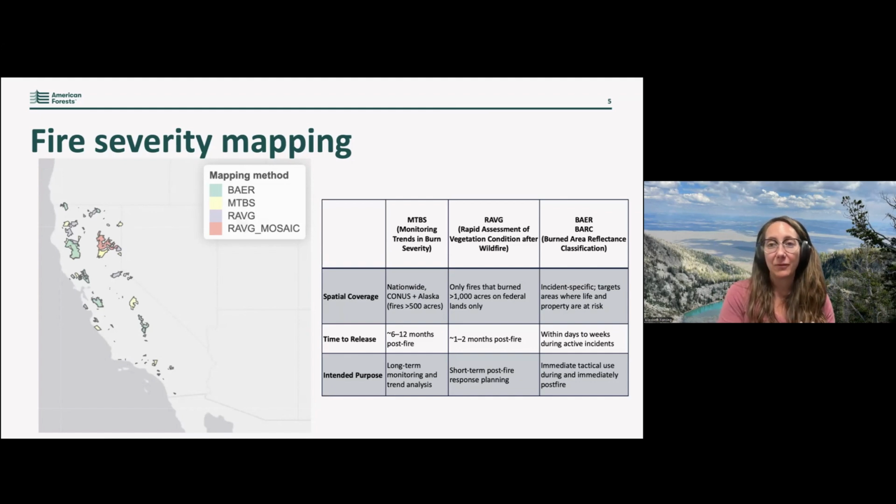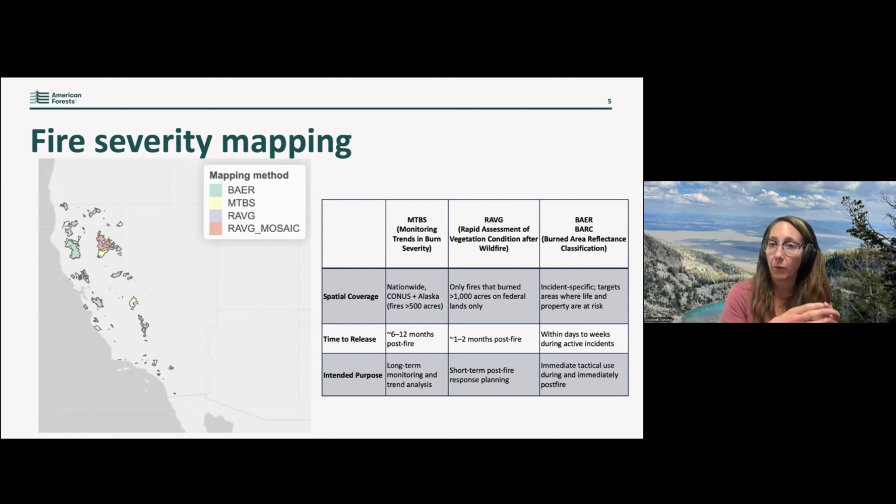So these folks are very much focused on how do we prevent erosion issues? How do we prevent flood? How do we start responding to those immediate, during-fire or immediate post-fire needs? Those are generally created immediately following fire containment or even prior to fire containment. So again, we have this very rapid turnaround, but it is very constrained to those fires where life or property